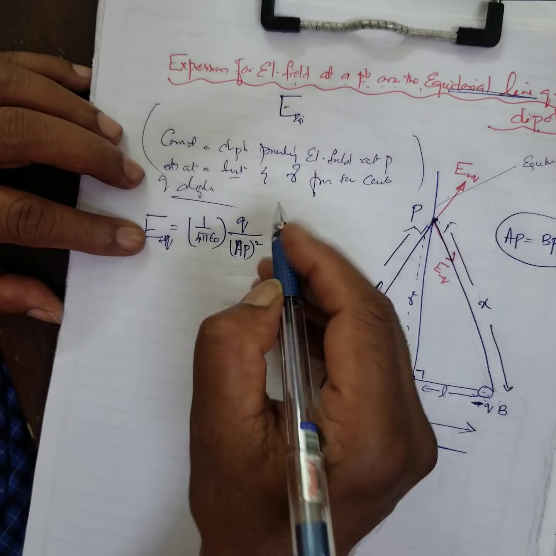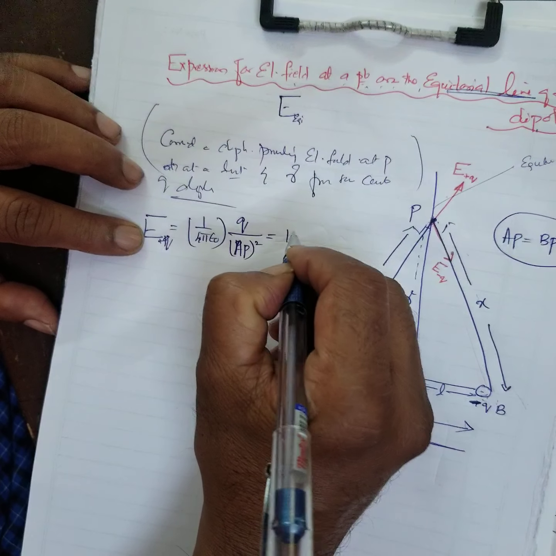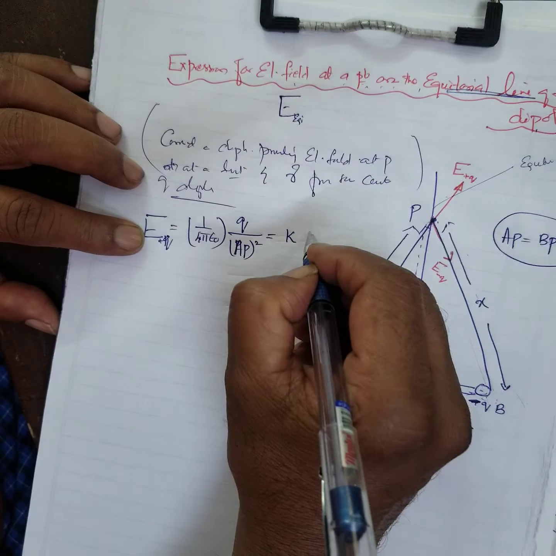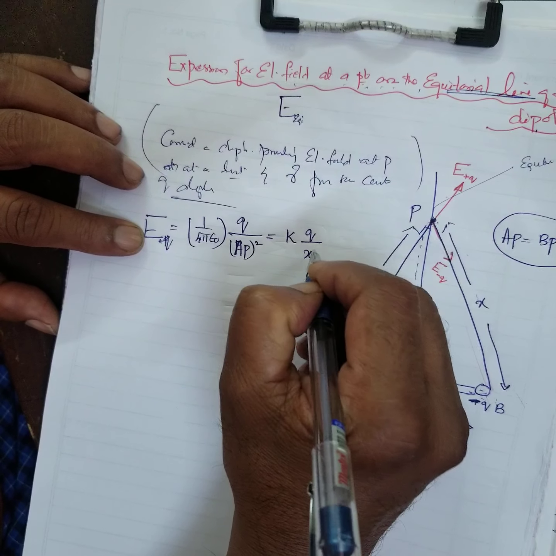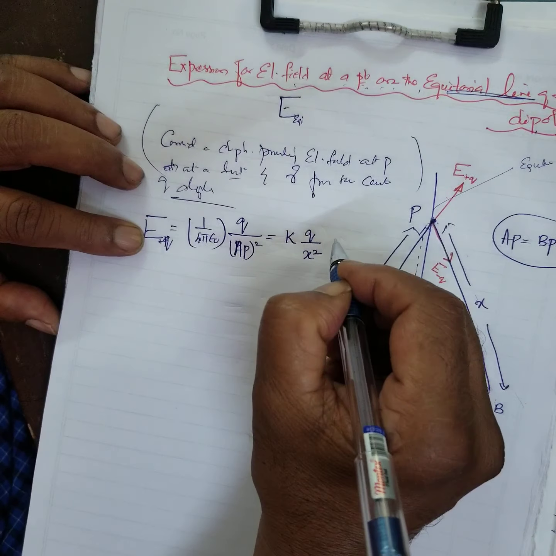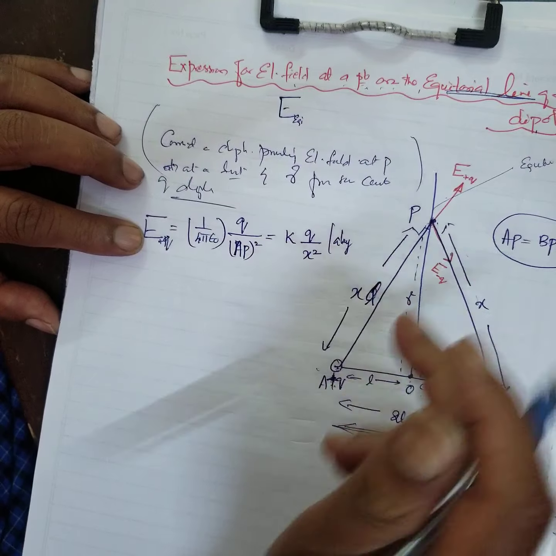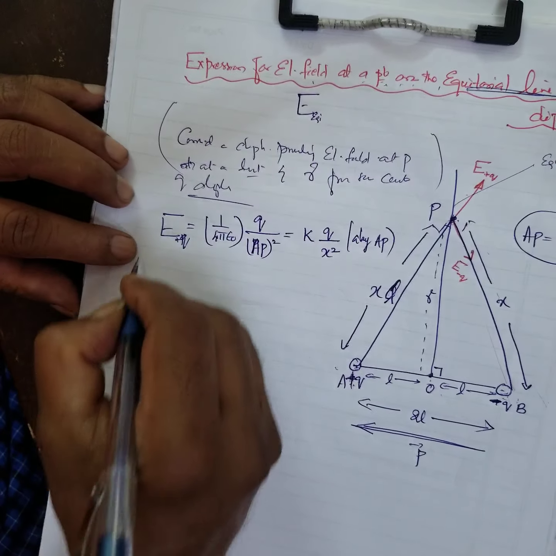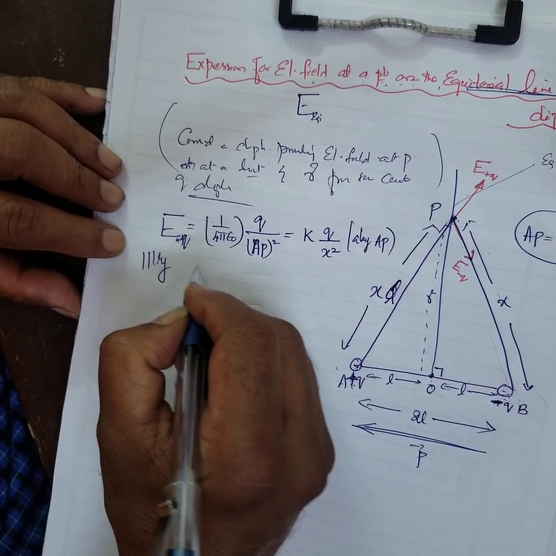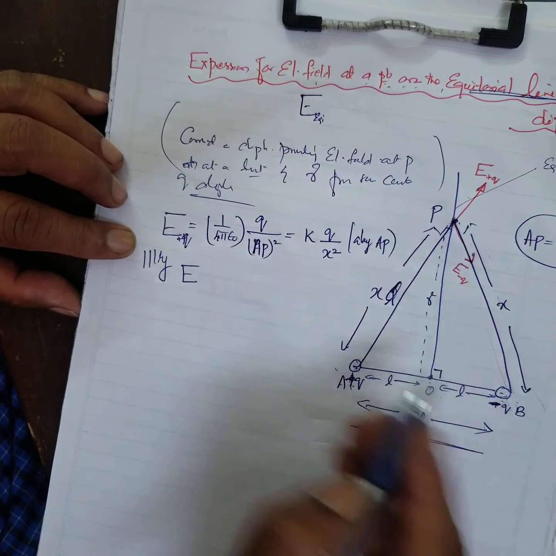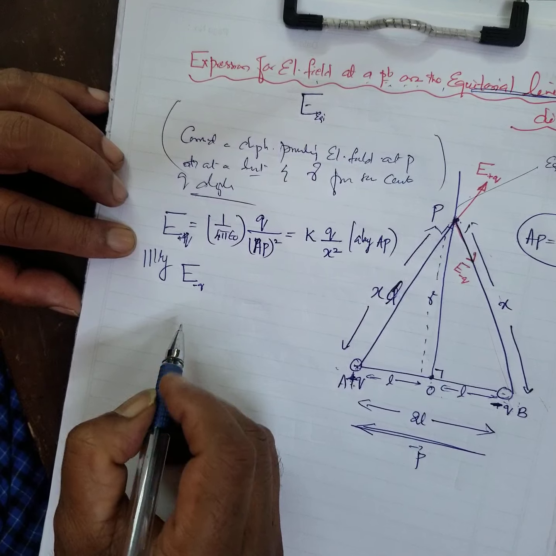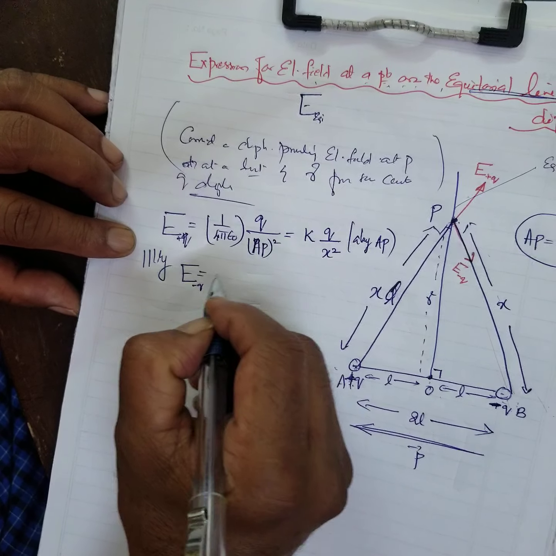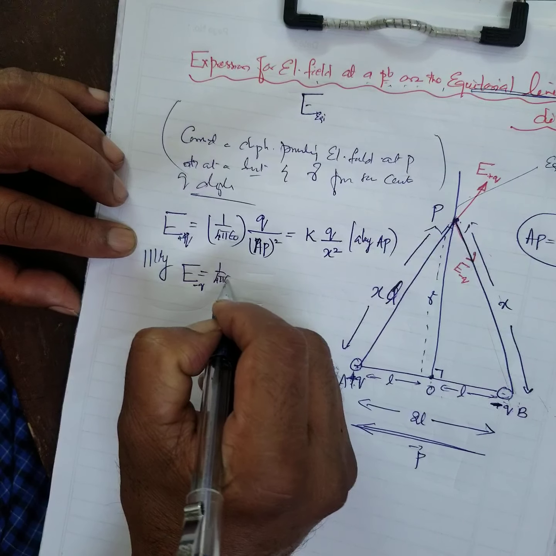Here I'll write K for my convenience. Q by X square along AP. Similarly, electric field due to negative charge at P is equal to 1 by 4 pi epsilon naught